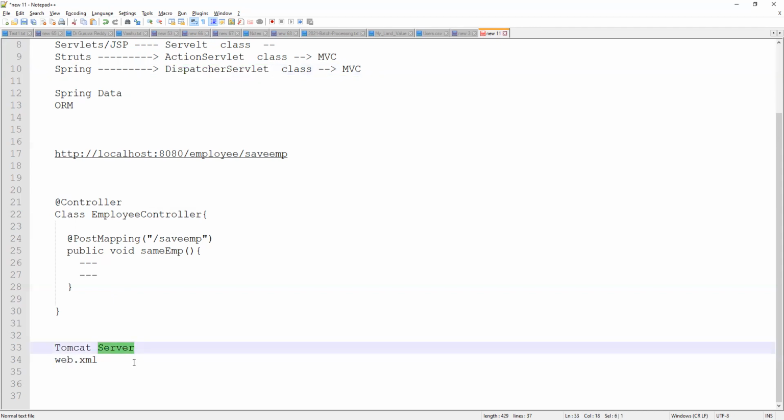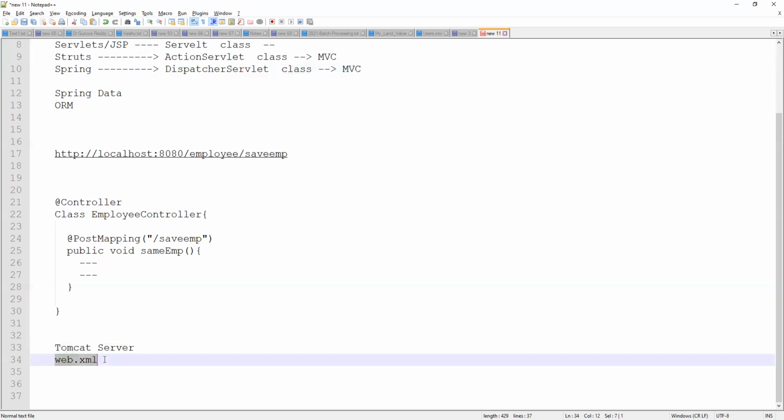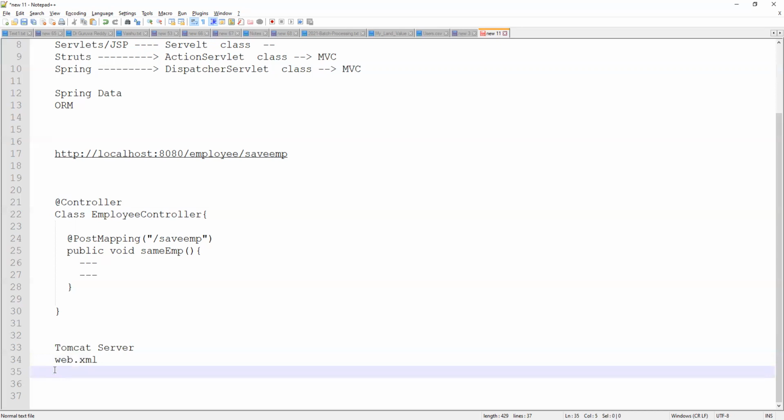and it will create a request and register: this is the DispatcherServlet. Whatever request is coming from the front end, I need to take it and create a request and response object. Whenever I get a response from the application, I need to give it to the front end. The server will do all of that by reading web.xml. So we need web.xml to configure our application, and also the dispatcher servlet.xml.